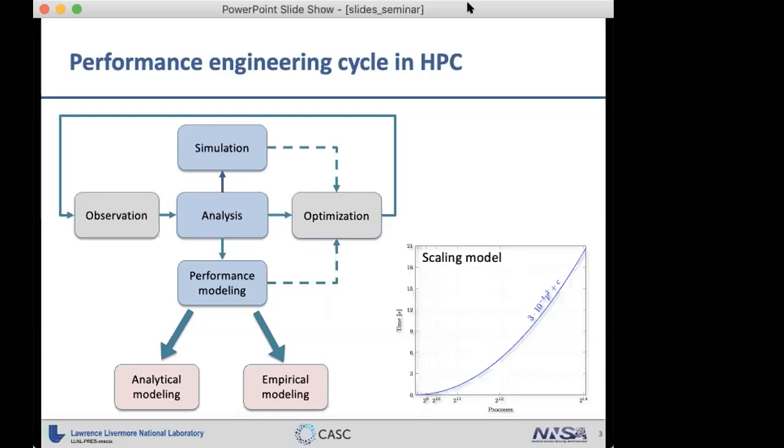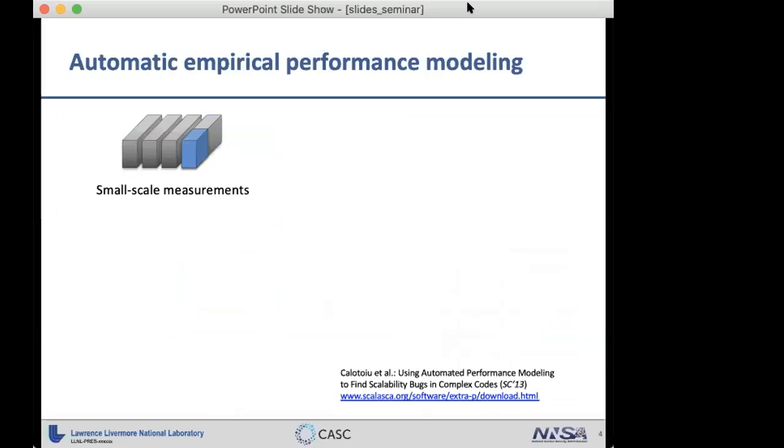So sometimes when we just run the code on a smaller scale, we don't see some problems or obstacles. The model allows us to look at a higher scale,